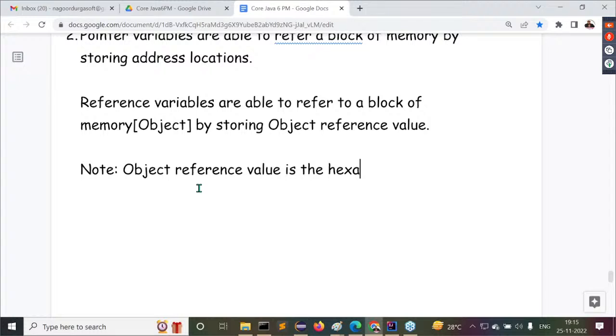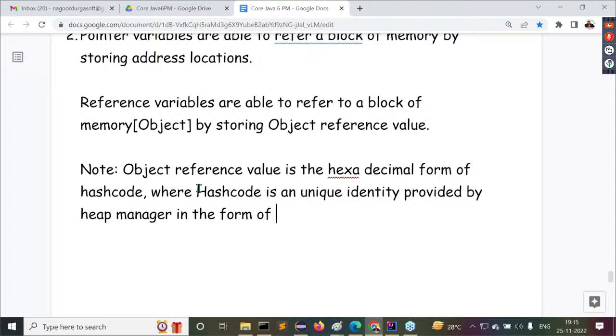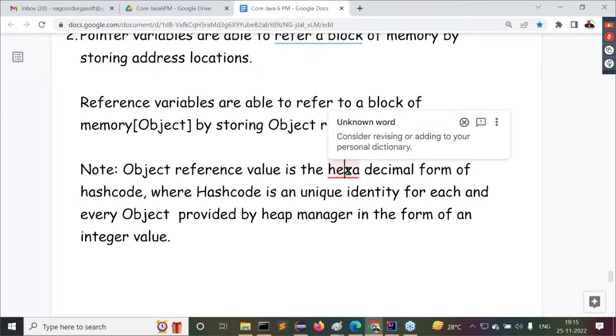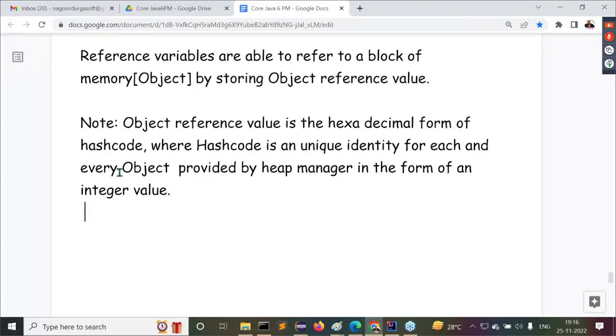Object reference value is the hexadecimal form of hash code, where hash code is a unique identity for each and every object, provided by the heap manager in the form of an integer value. Do all of you get my point or not?